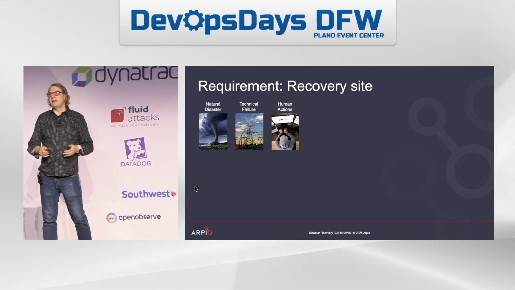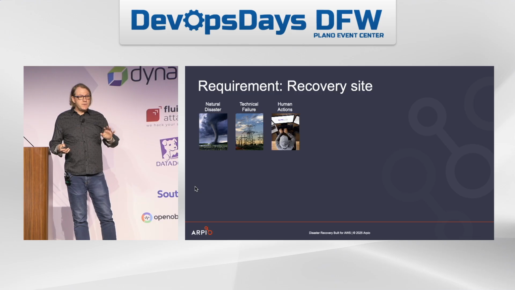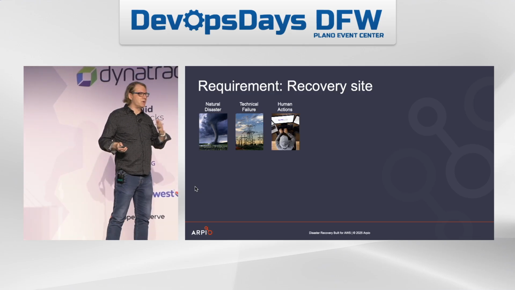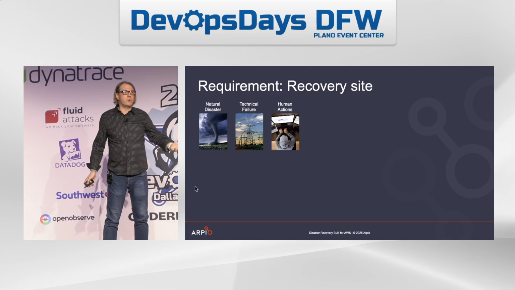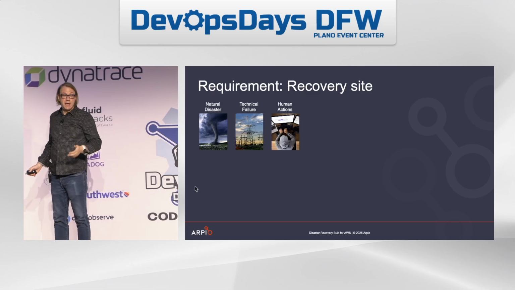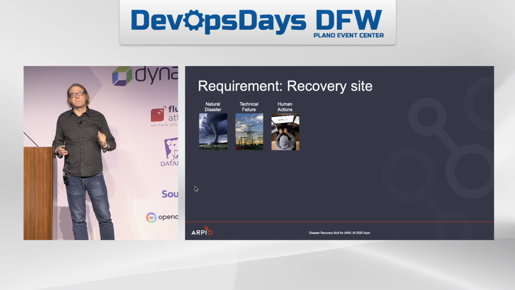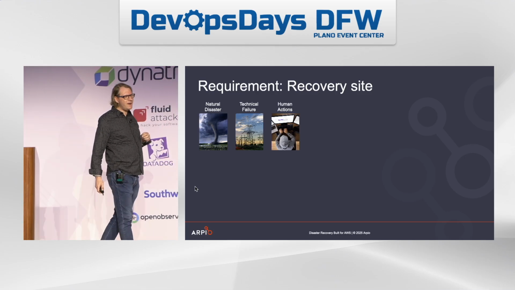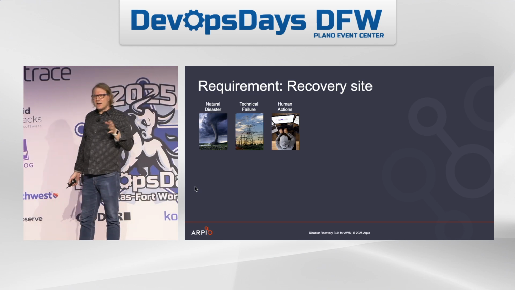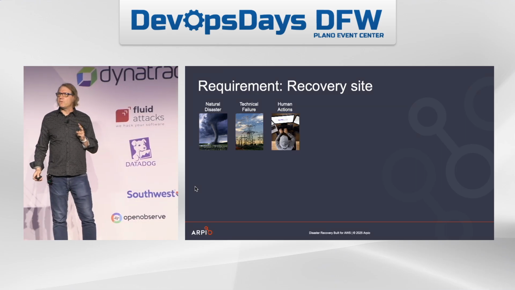So our first requirement is what I've already been going on and on about, the recovery site. Where do we need to recover? These are the three categories of disasters that I always talked about when I was with AWS, and they're all valid: natural disasters, technical failures, which include bad cloud pushes, and human actions, which can be benign, but most often are bad actors, malware, ransomware, that kind of thing, right? Over years of talking to hundreds of customers when I was at AWS, I realized that these categories are just fine and dandy, but really there are two subcategories that happen with any regularity.